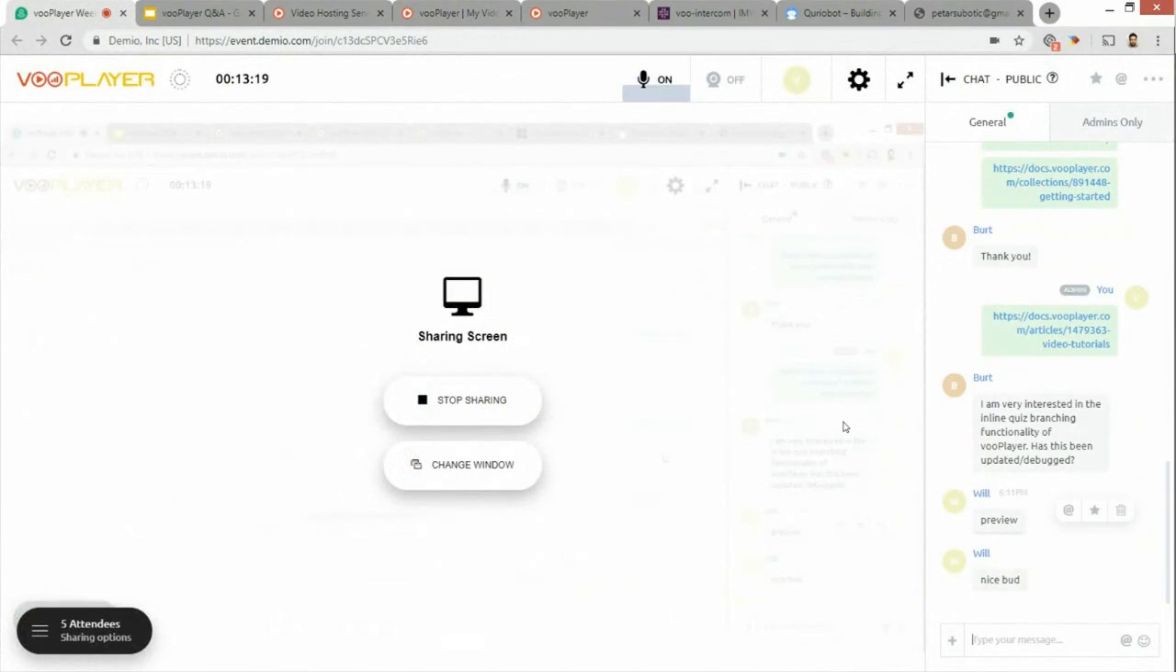All right, Bert is saying, I'm very interested in the inline quiz branching functionality of WooPlayer. Has this been updated or debugged? So this is WooPlayer funnels, and